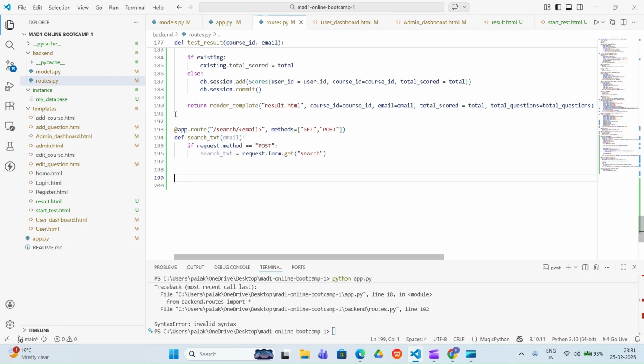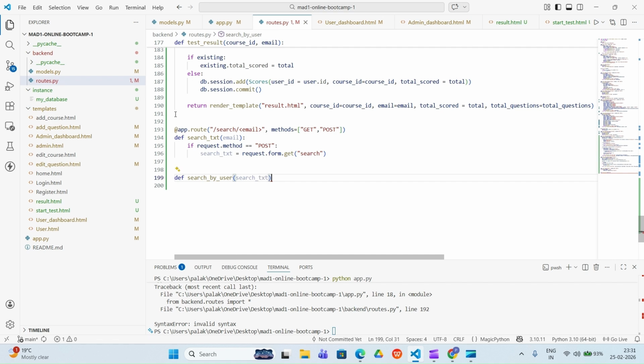So I'm going to define the two functions. One is the search by user function, and this search by user function will search with this user functionality. So whatever users are there, that all will be searched with the search by user function. Okay, and in this we take one parameter named search text.